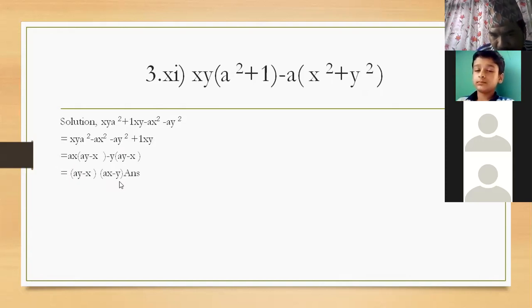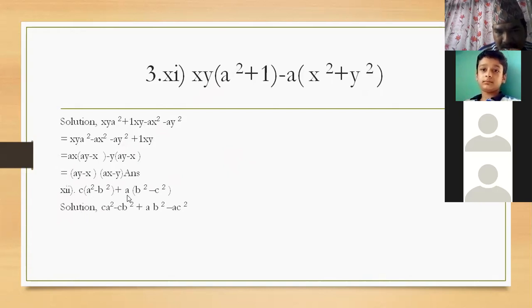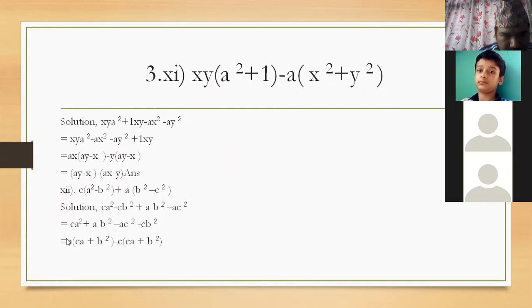Have you understood? Yes, sir. Good. Now look at this one, number 12. You also remove the bracket here first because they are not in the correct group. Open the bracket and shuffle them. This second term is put in the last term, minus cb square. Then put common here now. What is common here? A common. A common means ca is left here plus b square left. In the last two terms there is minus c common, ca left here and plus b square left.